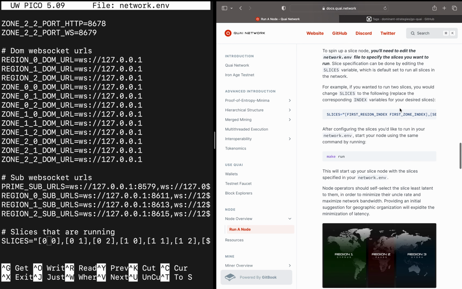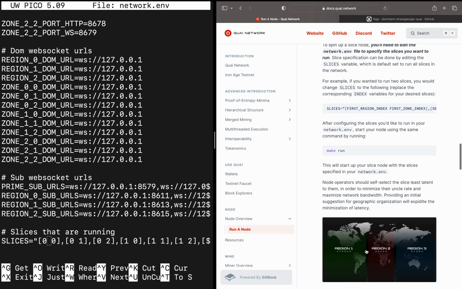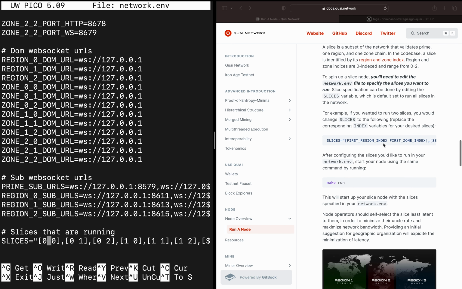But what we're going to go ahead and do is select, I guess, a random region for now, but generally speaking, a region that fits within this map here. So I'm currently in the United States, so I'm going to select something that's in region 1. That's going to be Cyprus. I guess that may be a tad bit confusing with the zero index stuff, but we'll just say region 0 for now. So Cyprus. And so I'm going to pick one of those slices that is in this region, and we're going to change this slices variable to only contain the array that has that